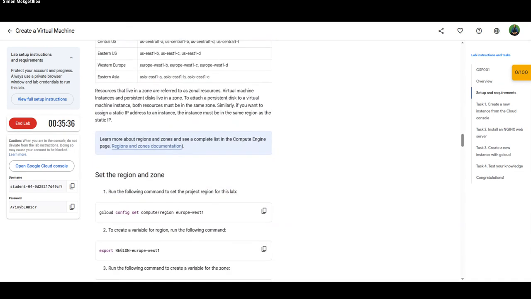So resources that live in a zone are referred to as zonal resources. Virtual machine instances and persistent disks live in a zone. So essentially, think of it as I was explaining it to you earlier. Sometimes you set up resources in a region closer to someone who's going to use it so that they can get access to those resources quicker.